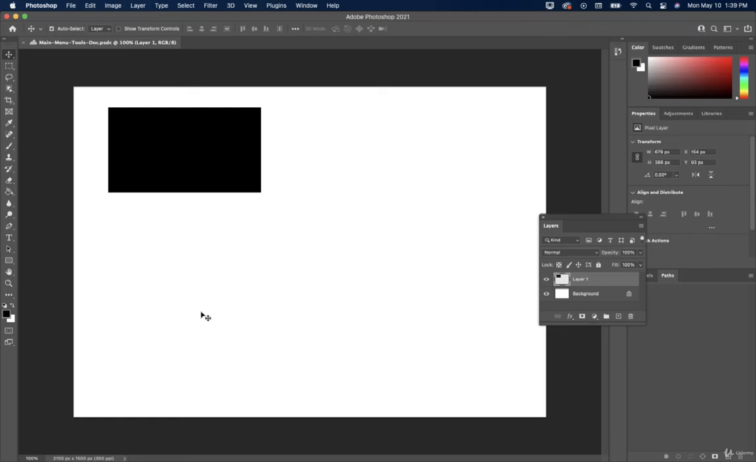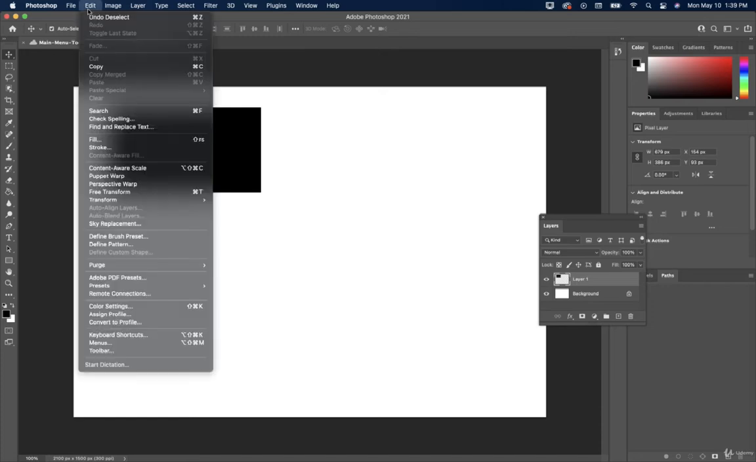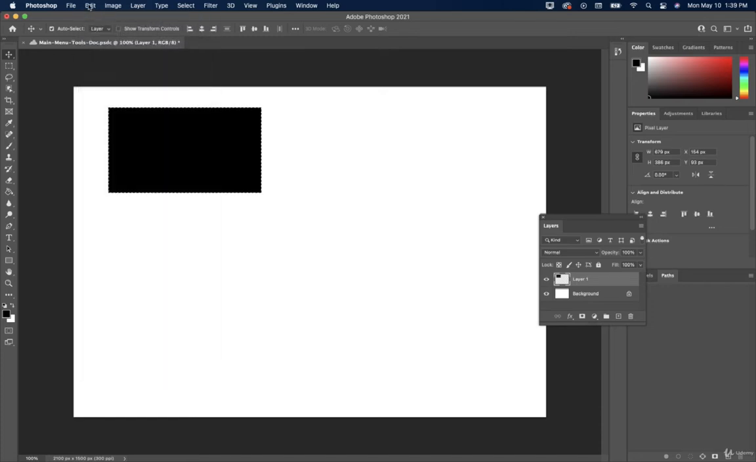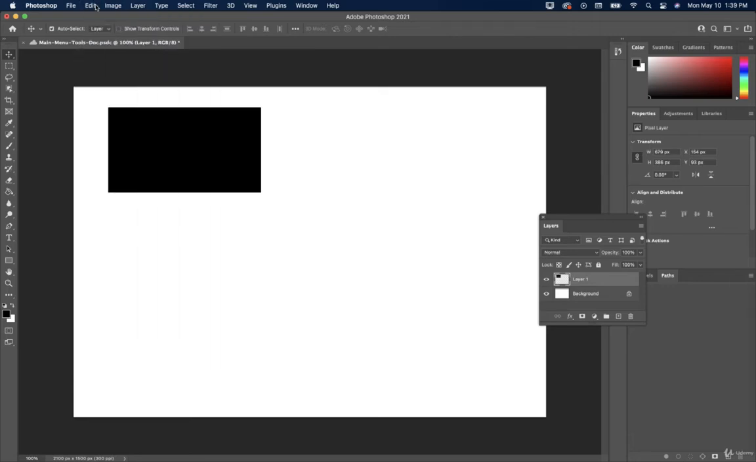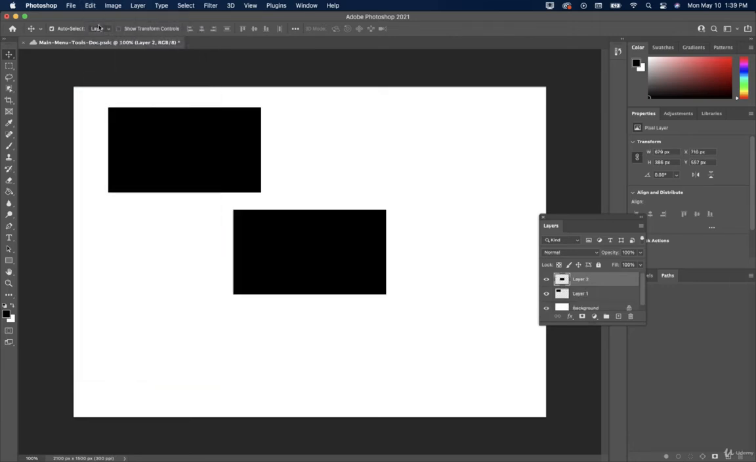All right, welcome back. So in this video, we're going to talk about the Edit menu. If I click on Edit, you can see Undo Deselect. We can Redo Deselect, Toggle Last State. We can copy, we can paste,